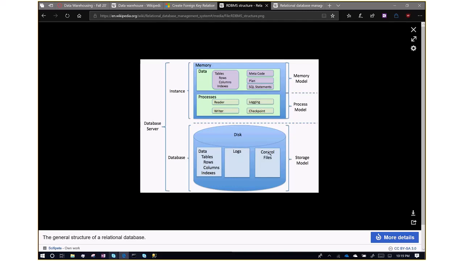And then control files, which I'm not real sure what that is because it doesn't much matter for our job as data warehousers. So within memory, that's where things like SQL statements happen. Whenever you enter a SQL statement, which could be like a query to retrieve data, the database generates a plan for how it's going to go retrieve data. So if you have a SQL statement that involves 5 different tables,